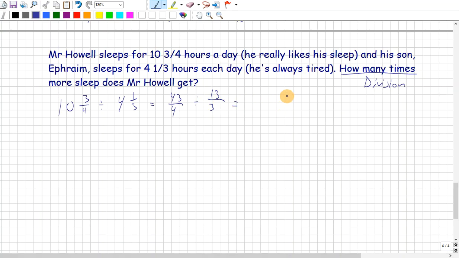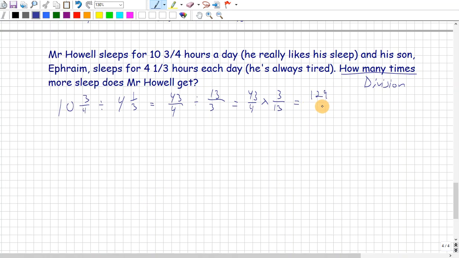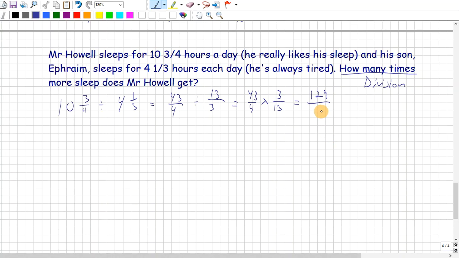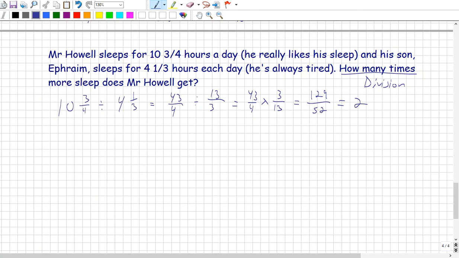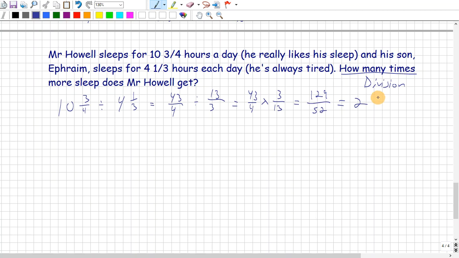Then I flip that second fraction, so it becomes 3/13. First fraction remains the same, 43/4. That changes to a multiplication question. Nothing cancels here, so we're actually dealing with big numbers, so I'm going to use my calculator. 43 times 3, which is equal to 129, over 4 times 13, which is 52. And then I can see, how many times is 52? I know it's going to go in twice, but 52 times 2 is going to be 104. So I get 2 full 52s going into 129. So 129 minus 104 is 25 left over